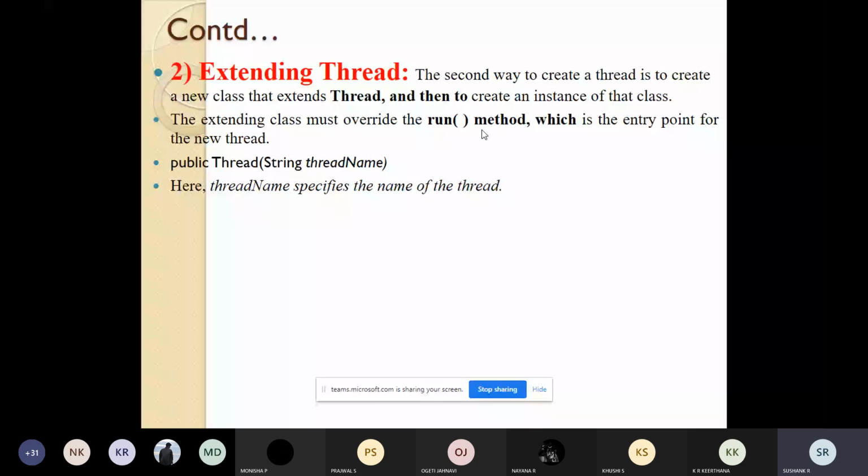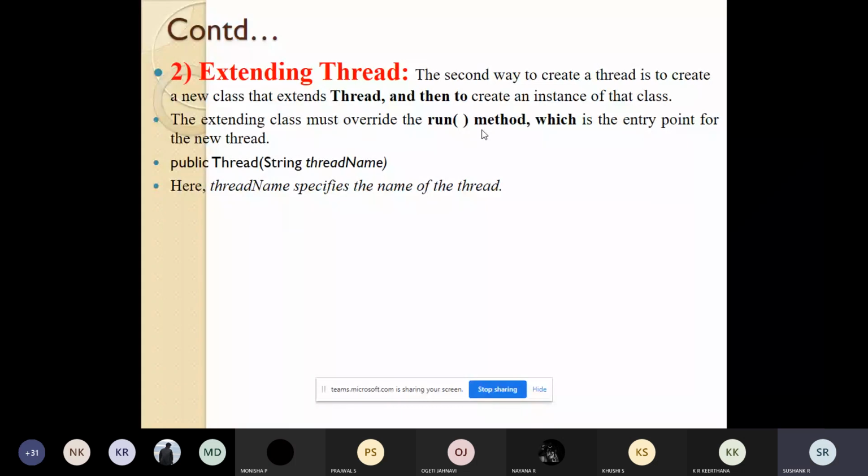So we have two methods for creating the thread. You can use any method, but the preferred one is the second method, where we create the thread by implementing the Runnable interface.